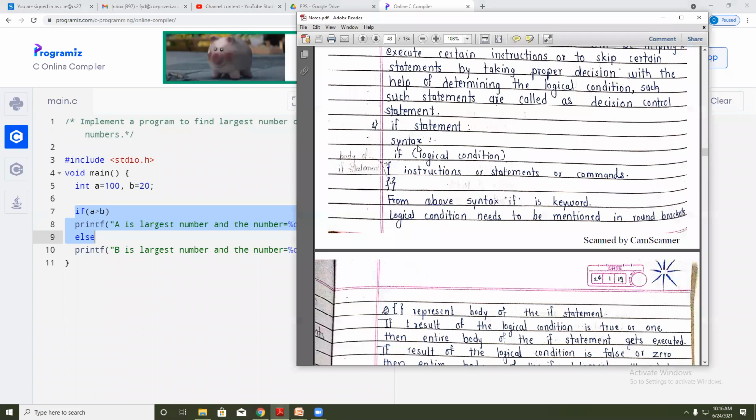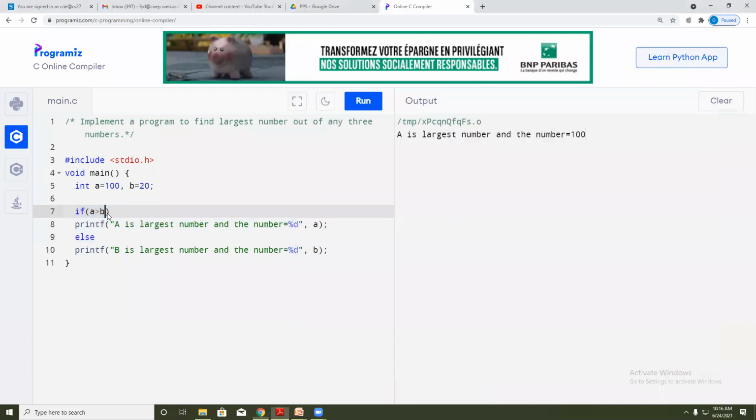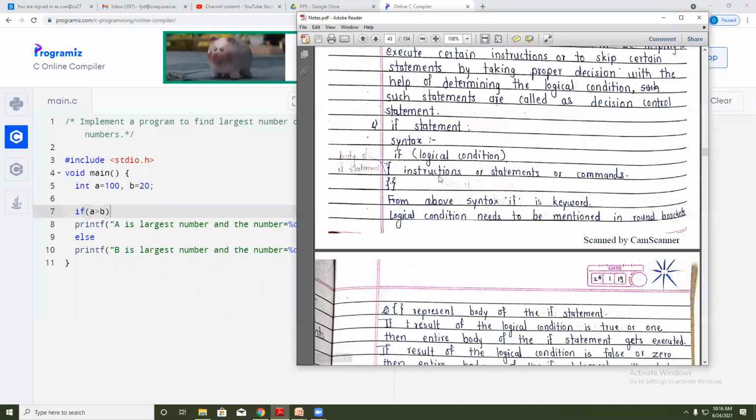Now the syntax of writing an if statement is if and the logical condition. You need to provide a condition here in round brackets, and you should not give a semicolon here. This is the syntax of writing an if statement: if, in round brackets the logical condition, open curly bracket, close curly bracket.